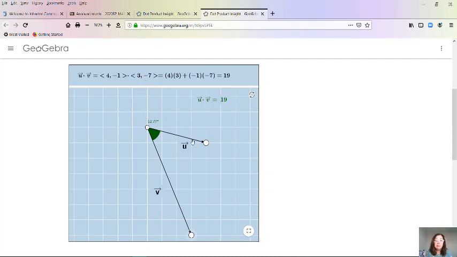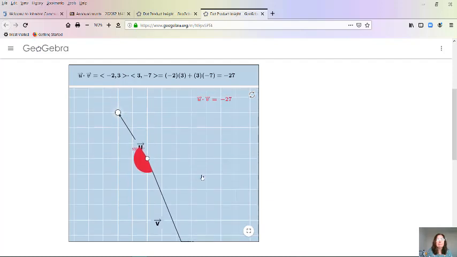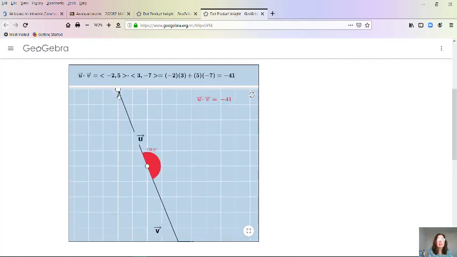They don't have a w, they have a u, that's okay. Our vector w was -2, 5. So from the initial point, we go 2 to the left and then 5 up. 1, 2, 3, 4, 5. There we go. All right, so we can see the dot product of -41, which is what we got a